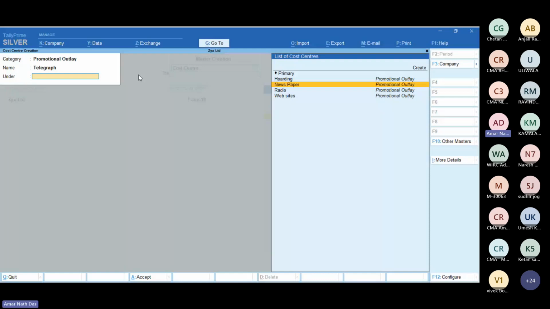So you take a look, it looks like this. My category is promotional outlay. My main cost center is newspaper. My sub cost center is telegraph. So telegraph comes under newspaper. So before creating telegraph, I have to create newspaper first. Before newspaper, I have to create promotional outlay first. So promotional outlay as a category, then the main cost center is newspaper, then the sub cost center is